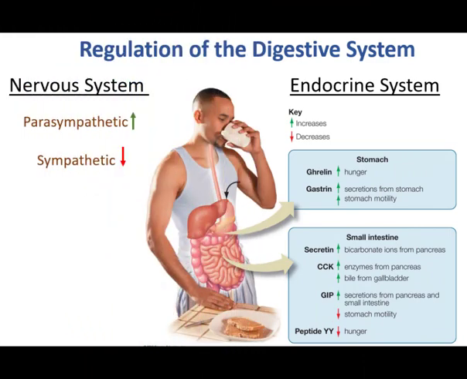I'm going to let you fill out the details as you're going through your learning objectives using your textbook and your videos. Notice that the chapter includes regulation of the digestive processes and introduces you to several hormones that we're going to need in